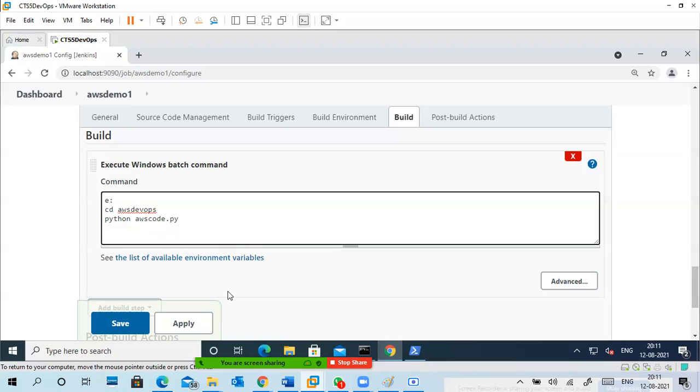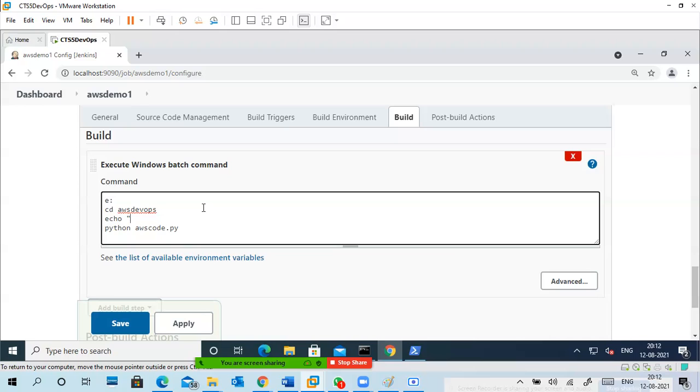Sir, if we have multiple files, do we need to give the path of all the files? Yes, very good. If you have multiple Python files, you have to give each file, which is always better. Or you can give some wildcard, like star.py, which is okay, but it's better to give each file so you have full control of it. Or you can also give comments here, like echo